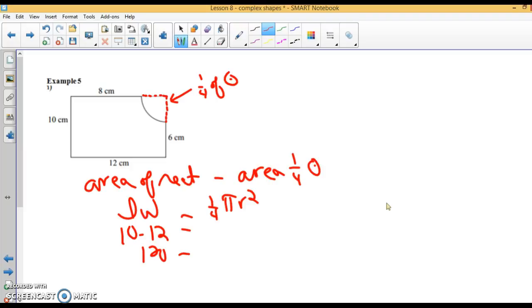Notice I keep the 1/4 in the formula. So 1/4 times 3.14 times. What will the radius of this thing be? Well, look, this whole side is 12. And from here to here is 8. So isn't that 4? Same thing over here. This is 10, and this is 6, so this is 4. So isn't the radius 4? Because look at it, if I extended this circle, isn't that 4, the actual radius? So that's 4 squared. When you punch that into your calculator, you're going to get 12.56. And when you subtract 107